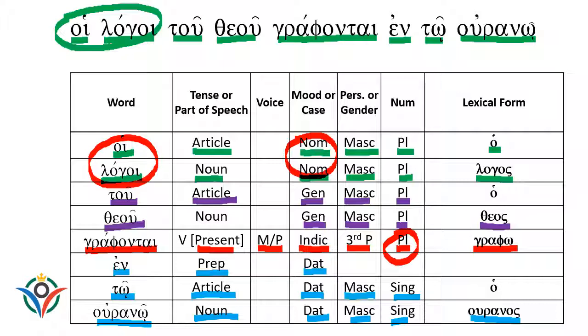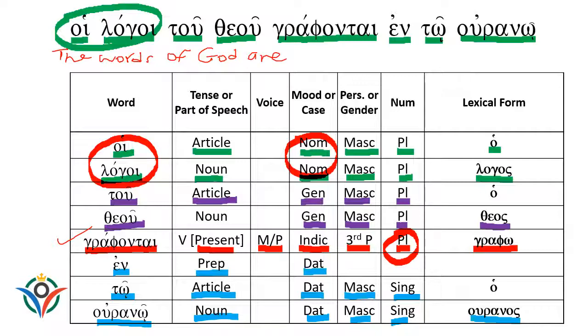So we have hoi logoi, which is the words, and then we have tou theou, because it's in the genitive, it's indicating possession, so we use the word of to show possession, the words of God. And then we have graphontai. There's our information. It's third person plural, and it's present, so we need to use the imperfective verbal aspect. So the words of God are,